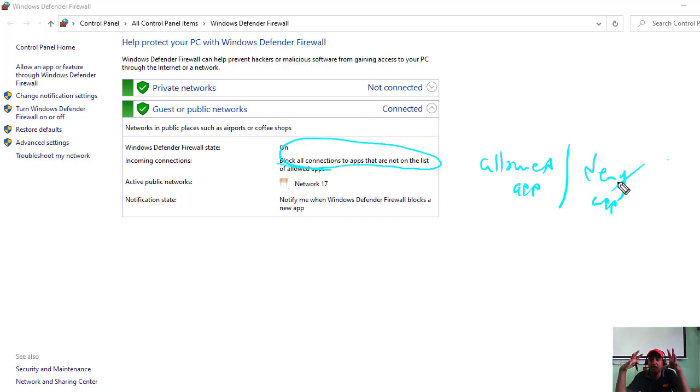Each and every traffic, even the data packet, goes through all of those conditions. If that criteria is good, then it comes to the allow app. If it is bad, then definitely it will be denied. So that's how the firewall works in the company, right?